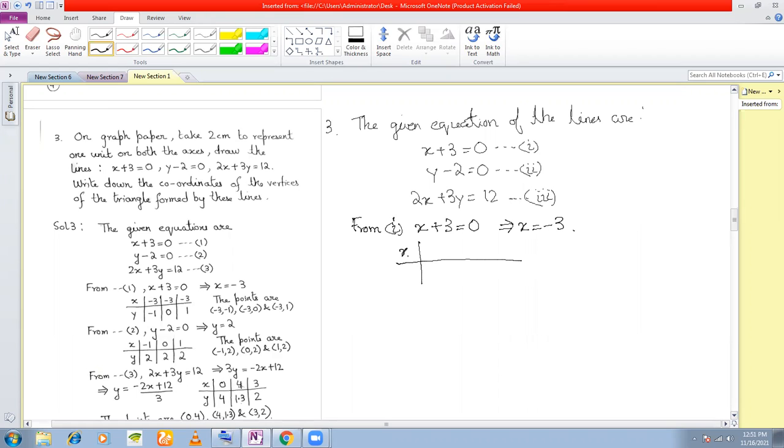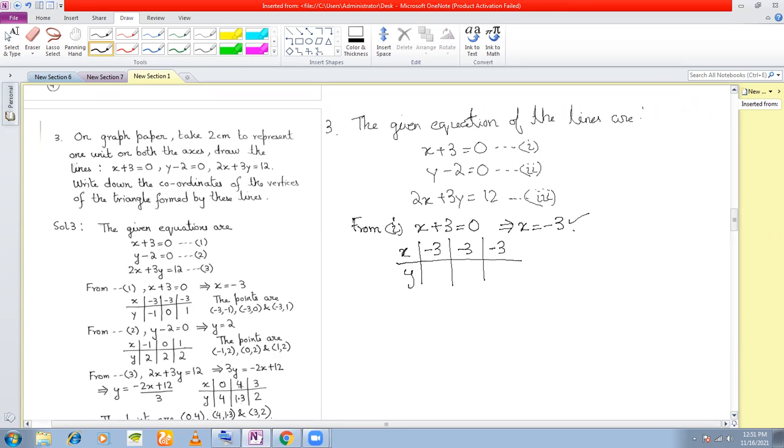Because when you're going to make this column values for x and y, okay, see, x is equal to minus 3. The values of x will not change. So you can take minus 3 here, minus 3 here, and minus 3 here. The values of x are not changing at all because x is definitely equal to minus 3. Understood? Or any question here? Even if you take 10 values, you will all have to take x is equal to minus 3 in all of these, right?